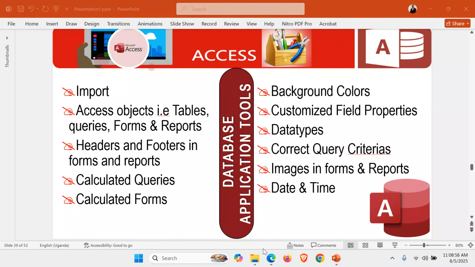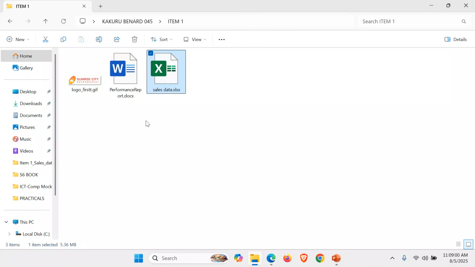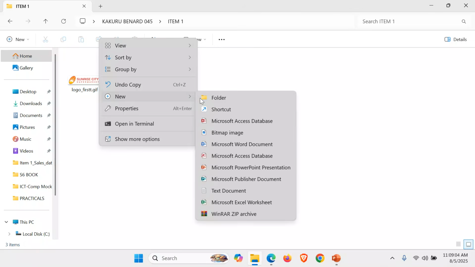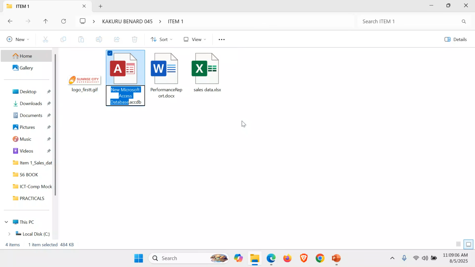Let's close this data, and now in our folder, we right click, we go to new, and create a Microsoft Access database. We can call it sales database. We open it,